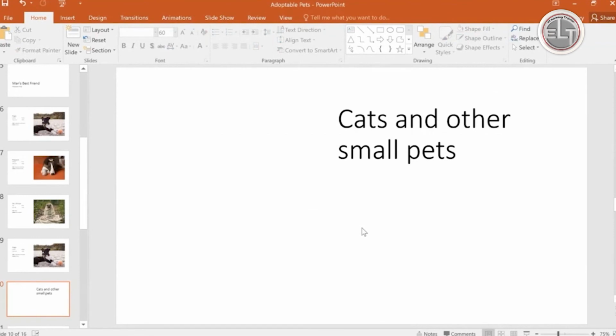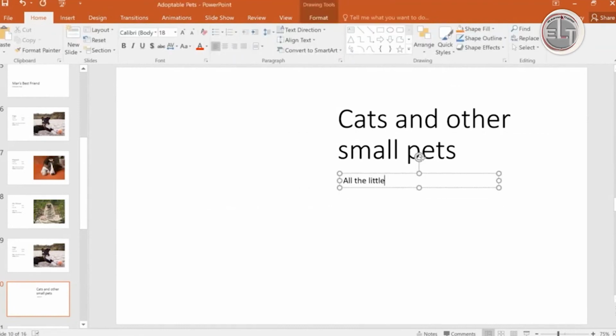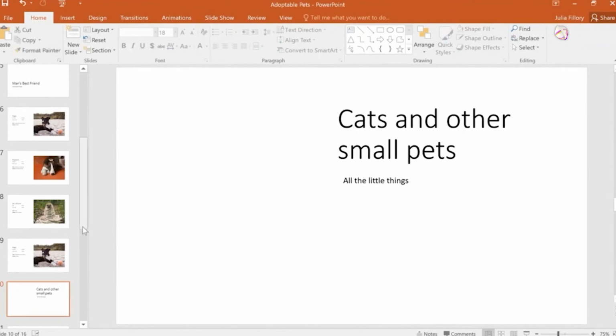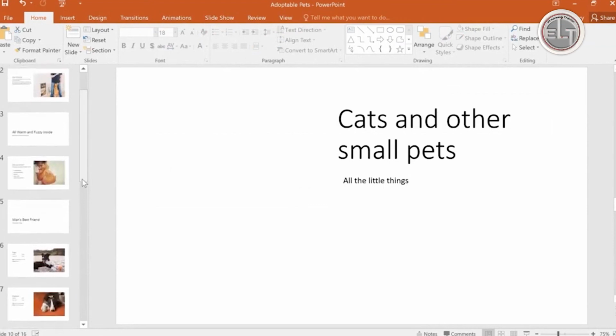You just need to move to the Insert tab, and on the right side you can find the text box. You just click on the specified location, drag and drop, and here is your text box. So that's very easy. In the next option we will see how to insert